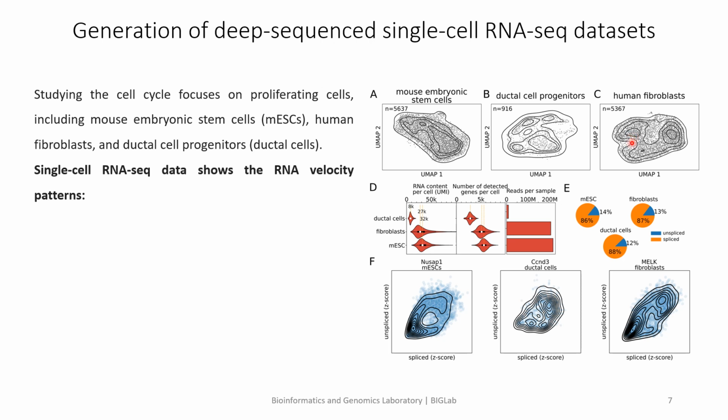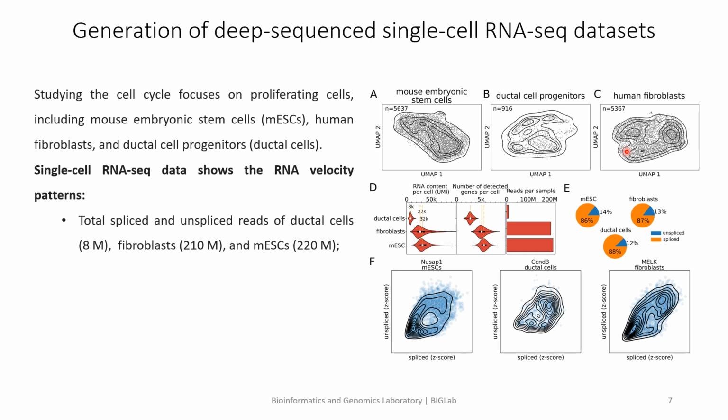They cultured the cells and generated a single cell RNA sequencing library. Then they found that the human fibroblasts divided into two subpopulations, and only one subpopulation expressed cell cycle genes. So the authors first focused on this subpopulation of human fibroblasts, and the single cell RNA sequencing data show the